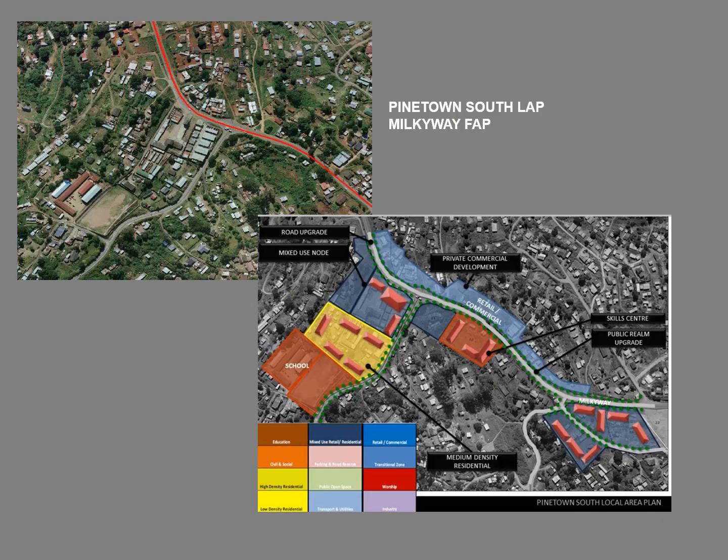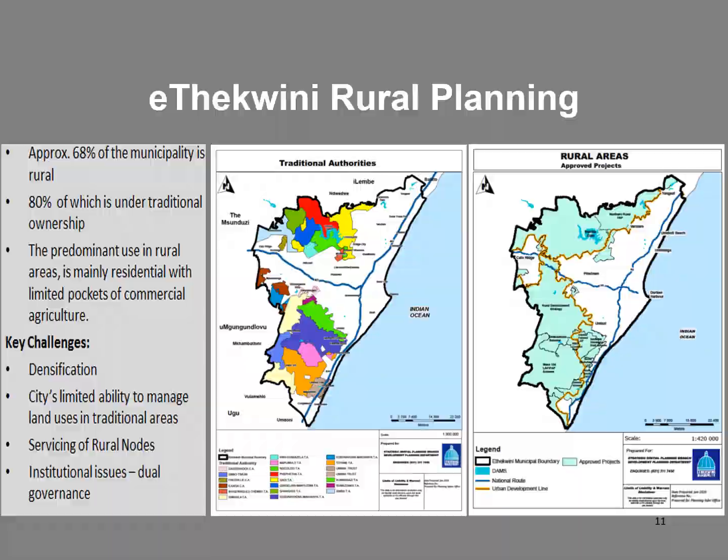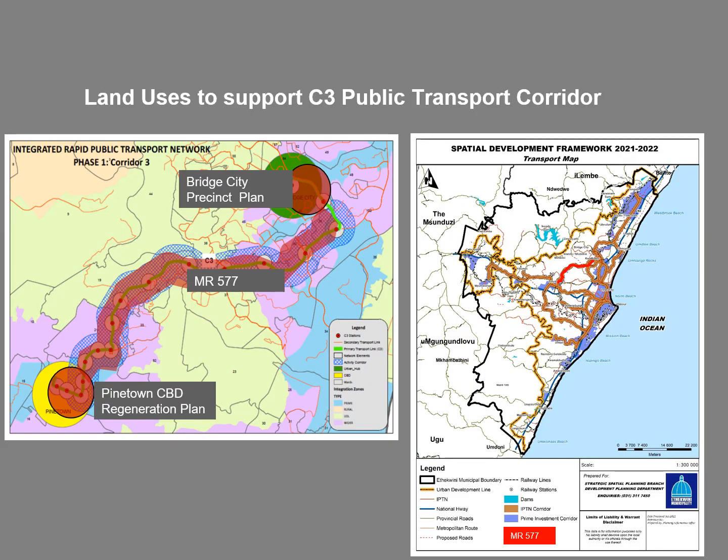The Pinetown South Local Area Plan informs the proposed land uses for areas such as Gwandengezi, Cloudwater, and Luganda in the Central Region. The C3 public transport corridor, as outlined, is a prime investment corridor that connects Bridge City with the Pinetown CBD through the MR 577. The main objective of the development of this corridor is to maximize socio-economic opportunities near it to assist with the